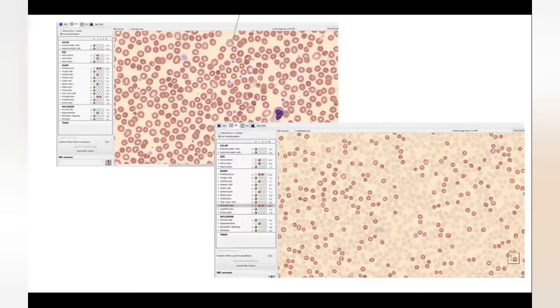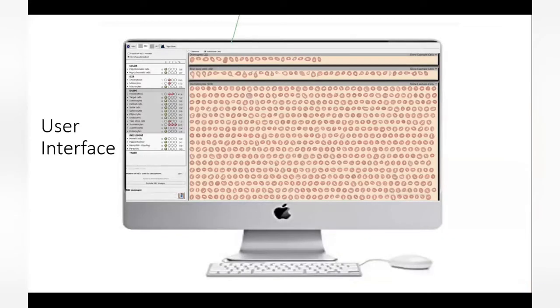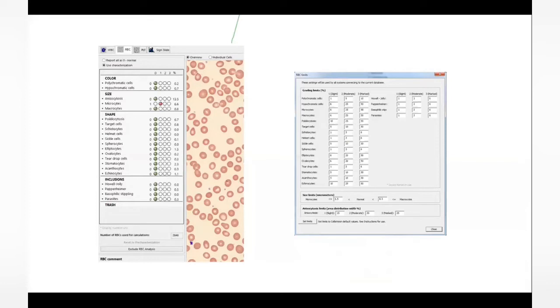Or you can extrapolate from the information panel or side panel, which gives you all the sizes, shapes, color, hue, inclusions, parasites, everything. So everything is classified and available for you. All you have to do is, at the click of a button, decide whether it's right or wrong, or reclassify if required, and move on. This is the user interface for RBCs. And this is another part of the user interface which allows you to interpret and, if required, even set